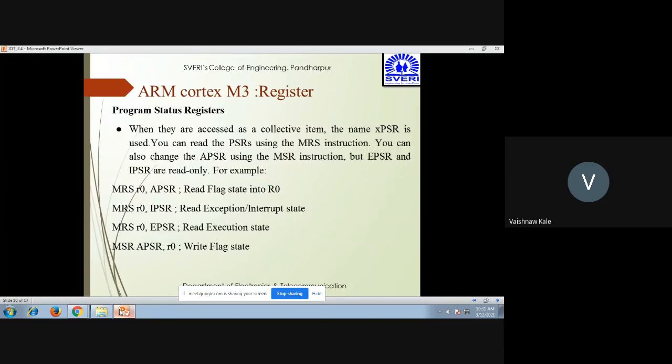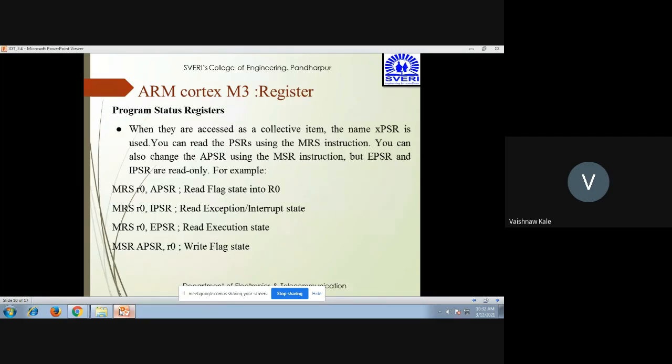But for writing purpose, you cannot use IPSR and EPSR. You can only use APSR. So if we want to write into APSR, it will be MSR APSR, R0, that is write flag state. So you must have understood, there are three program status registers.